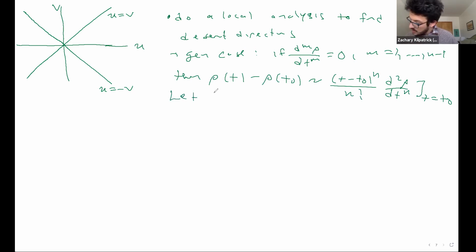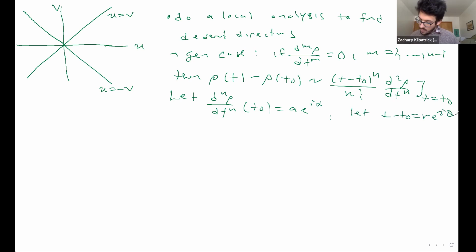We let the nth derivative of rho, d^n rho dt^n at t0, be equal to a e to the i alpha, and we let t minus t0 equal r e to the i theta,